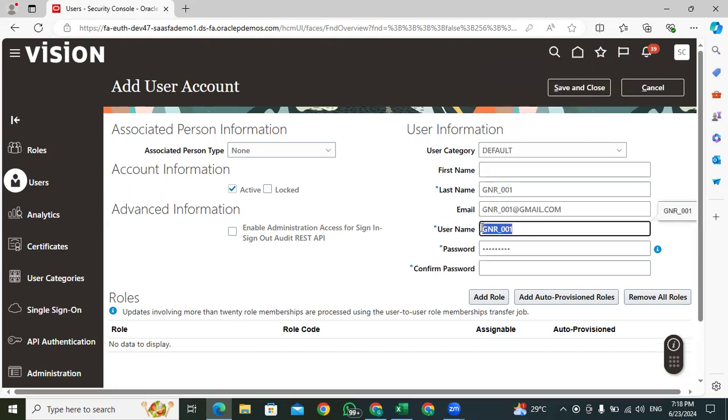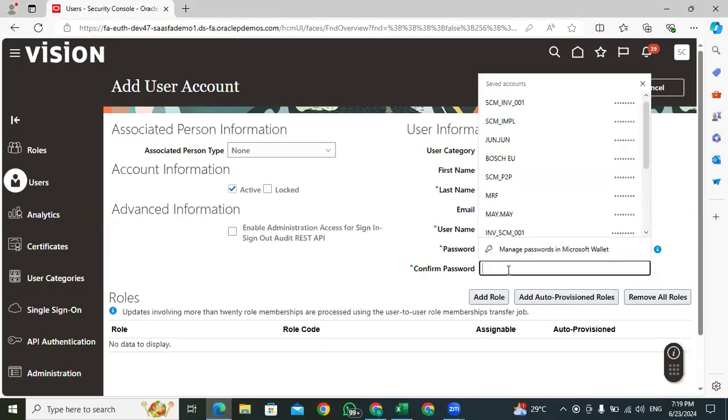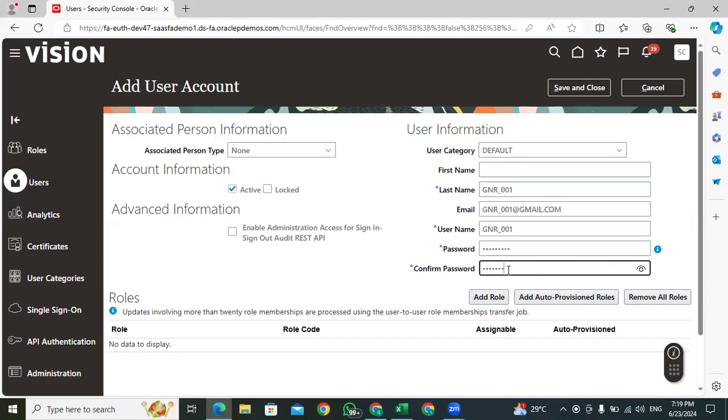So this is my username. Just copy this username. Okay, this is my username. And the password is 1, 2, 3, 4, 5, 6, 8, 9. Okay, so up to 9 I'm giving. In the same way, the confirmation of the password. Okay, now